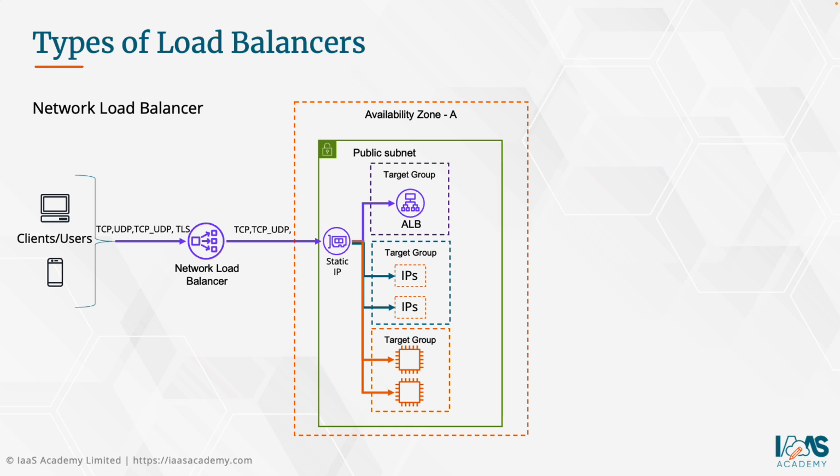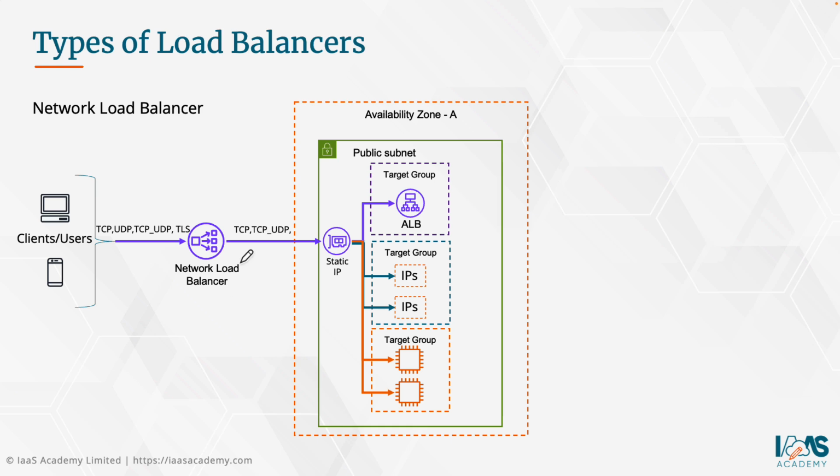When you're working with UDP type traffic, well, the load balancer will select the target using another flow hash algorithm based on protocol, source IP address, source port, destination IP address, destination port. But the UDP flow has the same source and destination, so it is consistently routed to a single target throughout its lifetime. Different UDP flows have different source IP addresses and ports, and so they can be routed to different